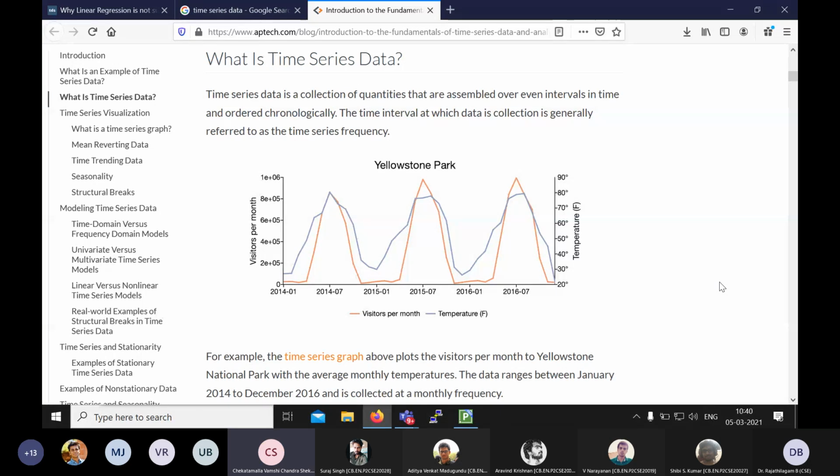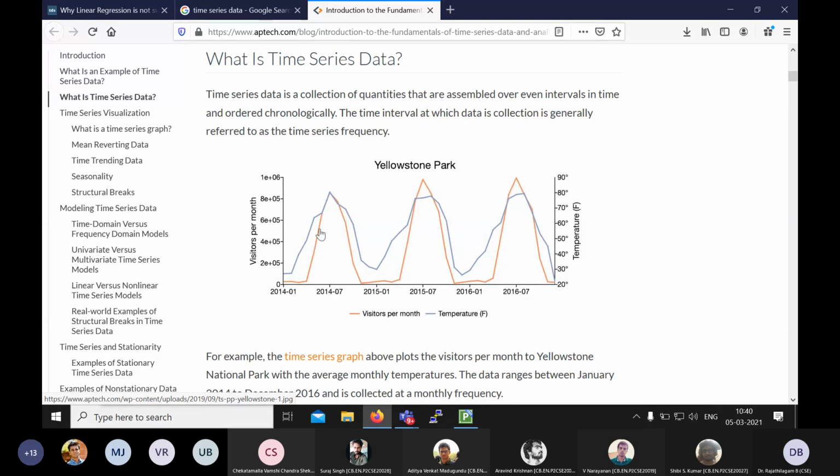Ma'am, I think we can use nonlinear regression to capture the trend. Yes, linear regression is not a good option. You can't have a straight line because that's not going to give us the trend in data. Is that what you're saying? Yes, ma'am. Okay, so